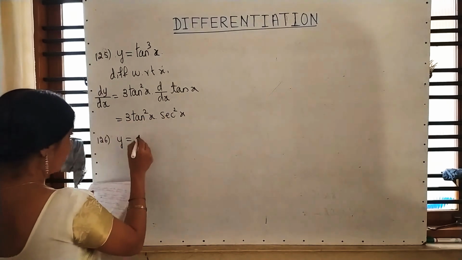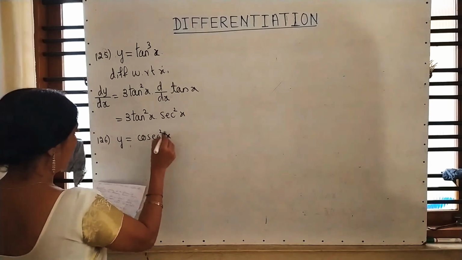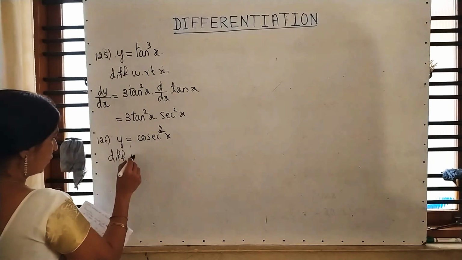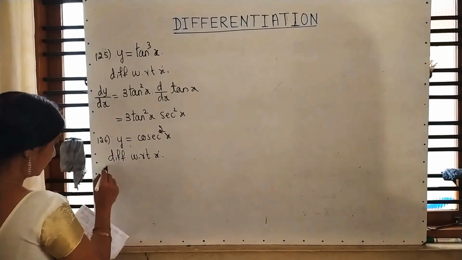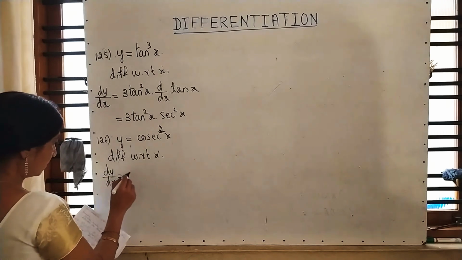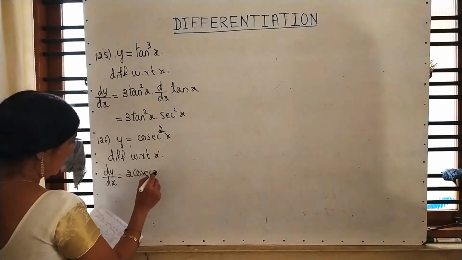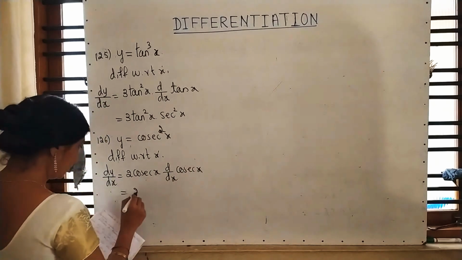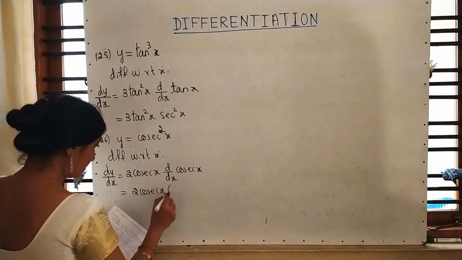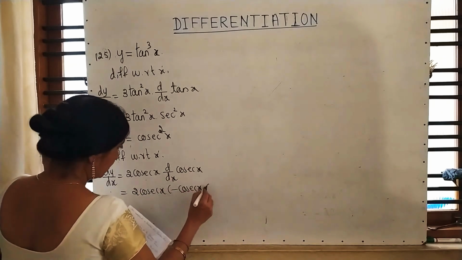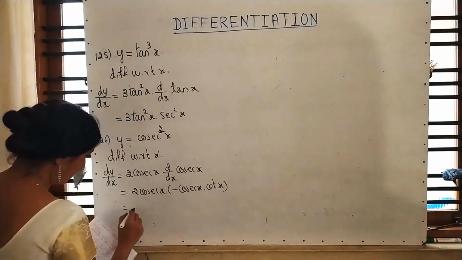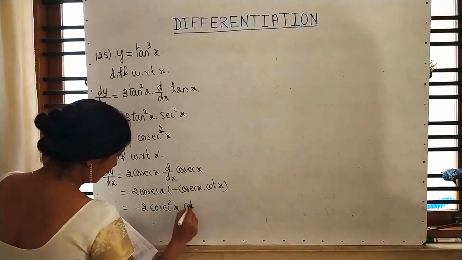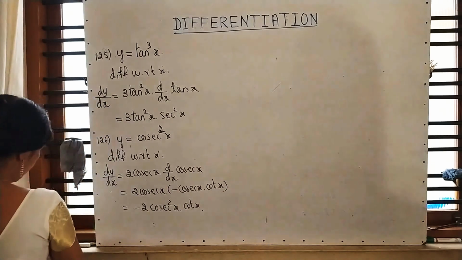Here no need to explain because now you are familiar. Just write down along with me. First power, then without the power. This cosecant becomes cosecant square x into cot x. Right or not?